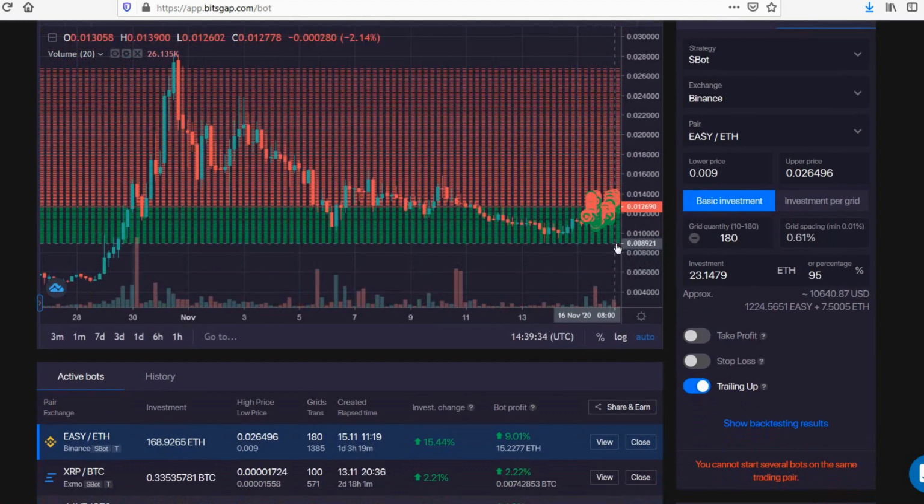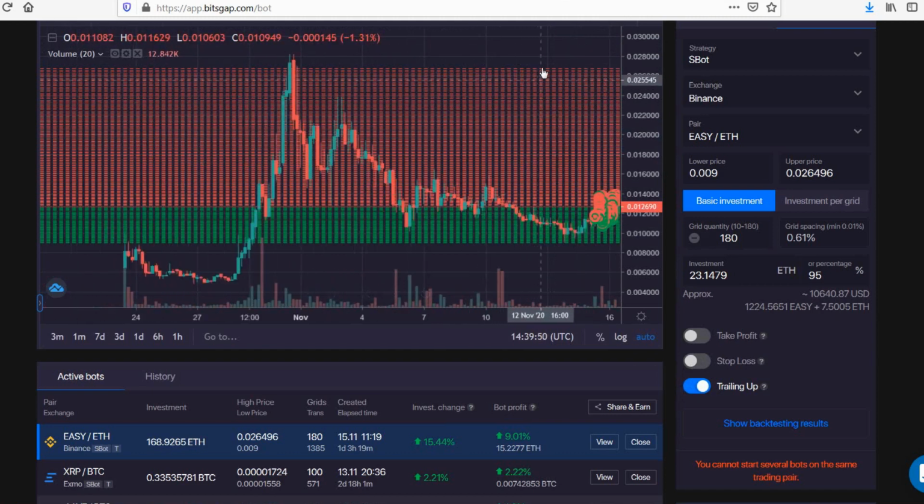I wanted it to buy no lower than this level here, because I didn't think the chart would go any further down than that. And I wanted it to be able to trade all the way up and sell all the way up into this range. I also have this ticked here, which means that if the range started to go parabolic and even higher than that, then the grid would also follow it up, so that the bot would automatically understand that the game has changed and the price range is different,